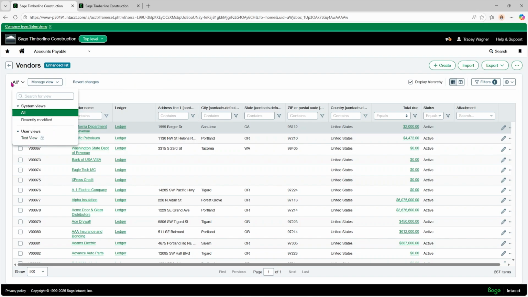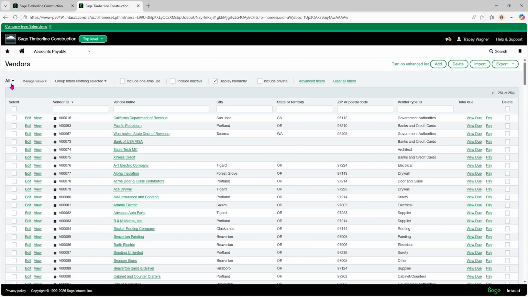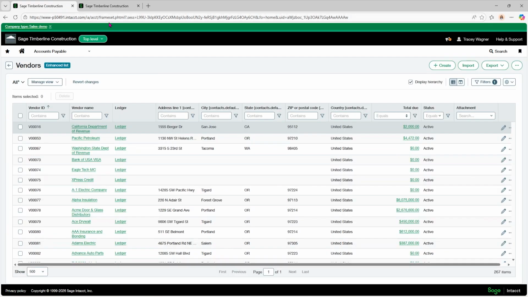So a lot of people don't like the fact that they can't toggle between their views, and so they'll go back to their classic view so they can see their custom views that they want. Now you can obviously recreate those over in the enhanced view, which would be a good idea. And that's a different video on how to create views. But that is another difference, that you cannot see your custom views in here.